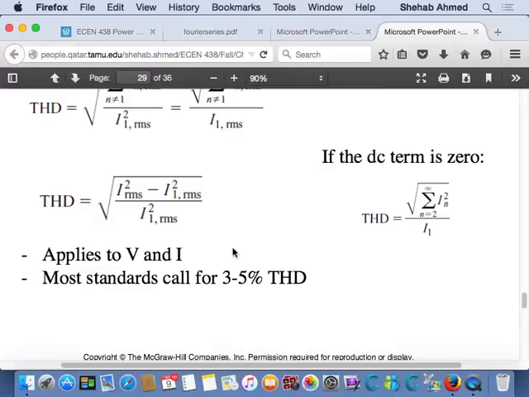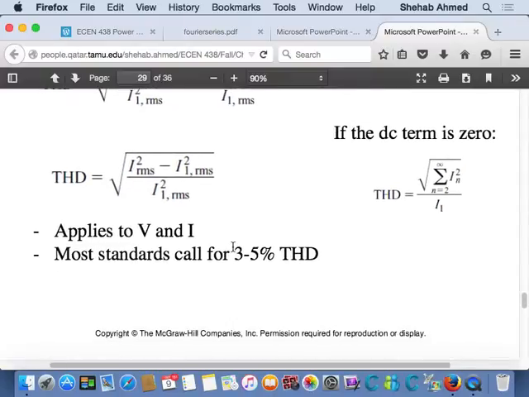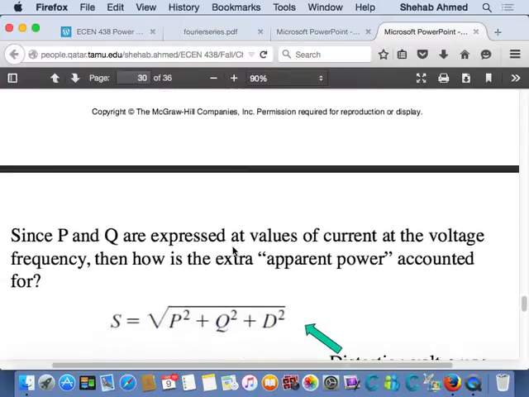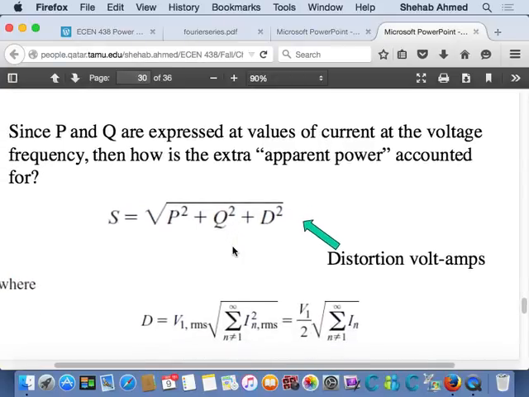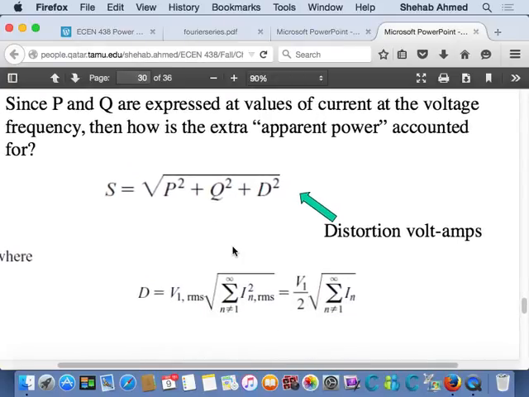So it's not like the ones that are there temporarily, like a motor starting case. For a motor starting case, you have to deal with it differently than with something persistent, like a power electronic device that's consistently there, right? So they allow for a certain amount in your system. Yeah. And again, we said that this distortion factor will increase my